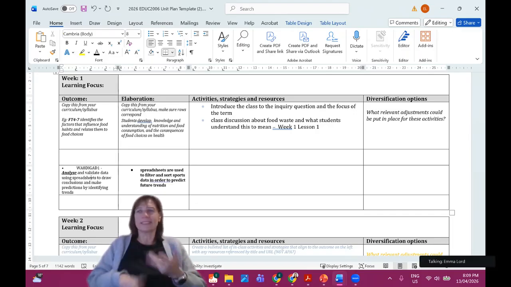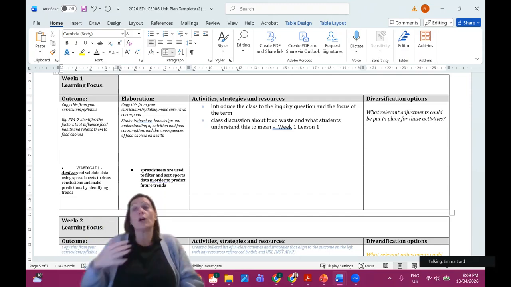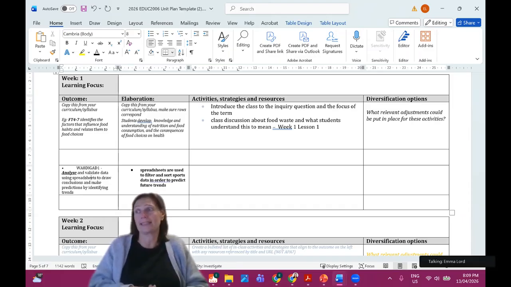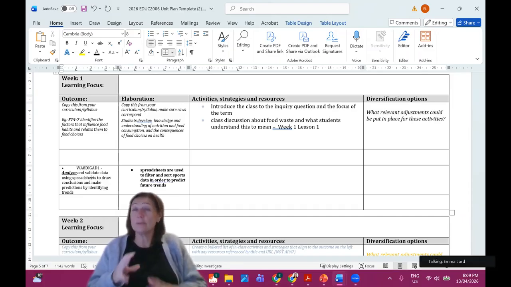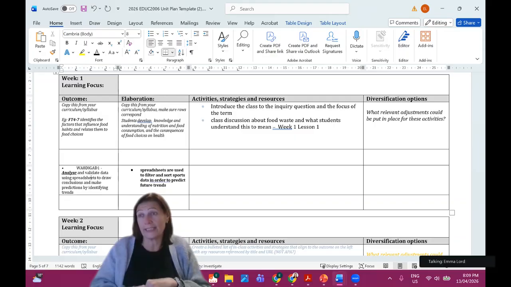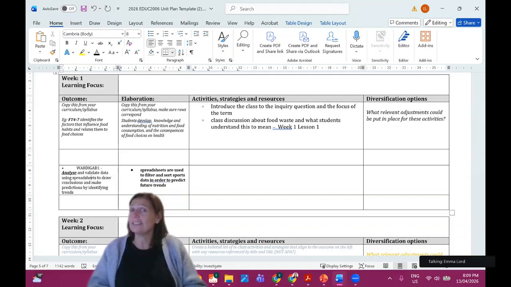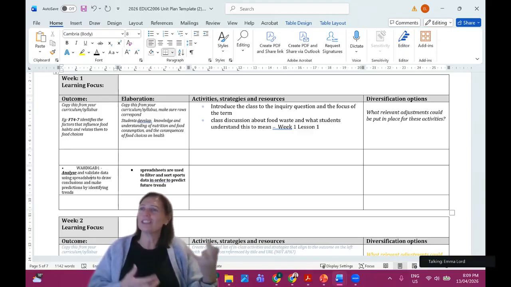Rows, columns, cell references. What's a graph? How do we look at a graph? What's an X and a Y axes? Okay, so you might have some sample data spreadsheets for them to look at and just get an idea of that. So don't forget, in design technologies, you think it's easy because you've got your skills, you're going to do